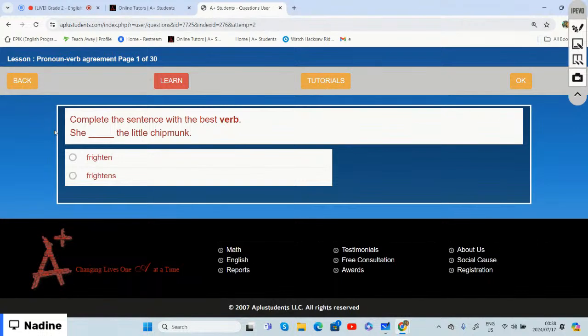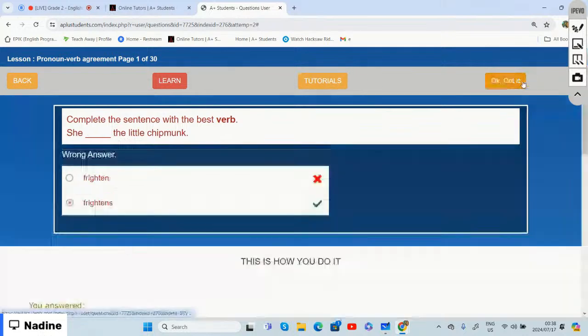So it says she frightened the little chipmunk. I'm gonna choose what you chose, right? And that is incorrect. The reason why I chose what you chose was because remember I said if one person does an action, one person is singular that does an action, then our verb ends with an S, like frightens,